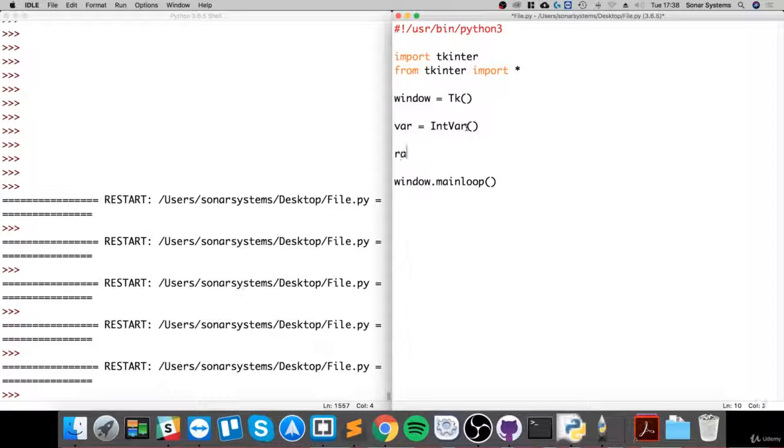Now for the radio item, so let's do radio1 equals RadioButton window, text equals option 1. So radio button, the difference between that and a checkbox is only one radio button can be selected at a time. So it's like an either-or scenario, whereas with a checkbox you can select multiple. I'll call this option 1